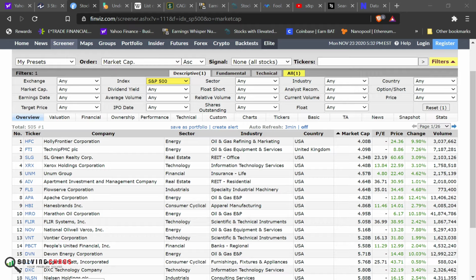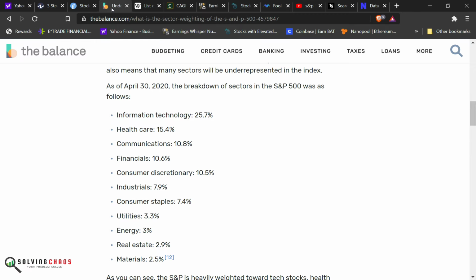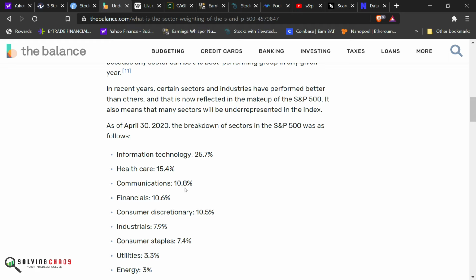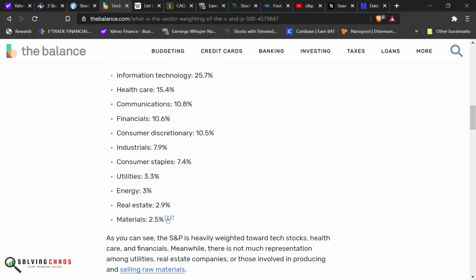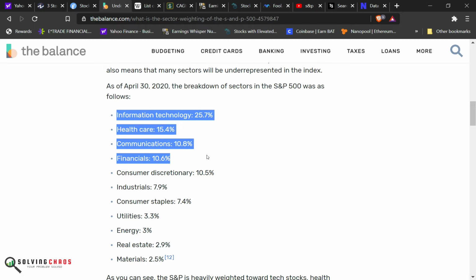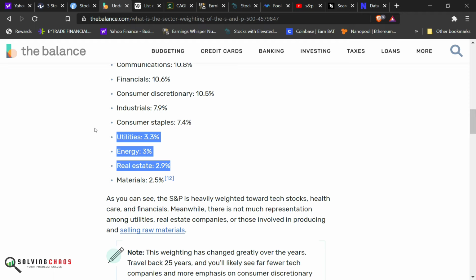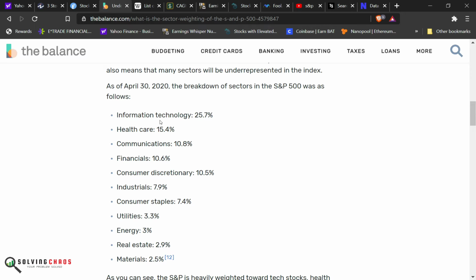You want to remove companies from certain sectors and certain industries based on having an overweight influence on the index. And what do I mean by that? If you look here, this is a little bit old data, but you can see that there's a couple industries that are really overweighted. So in order to fix that, you can remove some from here and add stuff from these other groups. So let's take a quick look. Your overweights are IT, healthcare, communication, and financials.